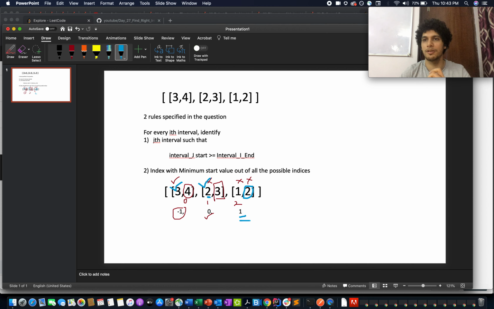So if you want to code this up, you can use two approaches. I'll first talk about the naive approach. As I iterated through the array, you can do the same thing. That will cost you order of n square time complexity, and the space complexity would be order of n for storing your result. The other approach could be to sort the array on the basis of the start time and apply binary search to it. Another way to do the same thing is by using a tree map. So I have coded that solution already,